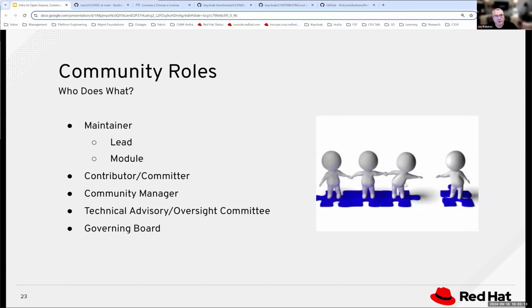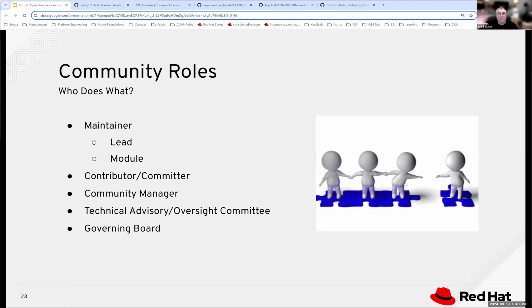Now, there are also a lot of different roles within a project. There are maintainers, there are leads. There might only be you, and you own the repo and contribute to it, and that's it. As soon as people start getting interested and involved, you start thinking, well, geez, I can't review all these PRs. Shannon over here is really active. Maybe she'd like to review some PRs, and you can give rights and different things like that. There are lots of different ways to do that, all the way to governing boards, where you basically have a board of directors for a project.